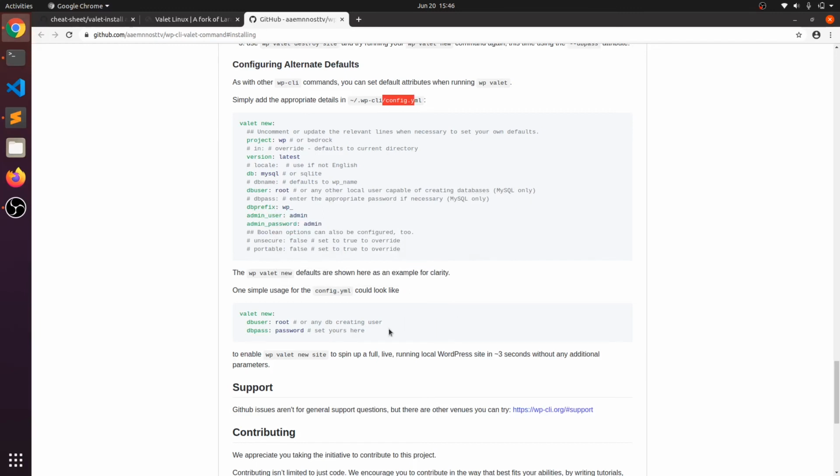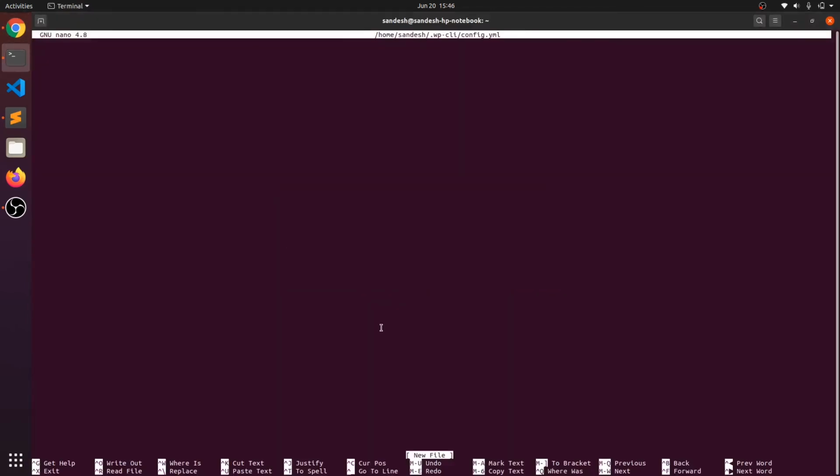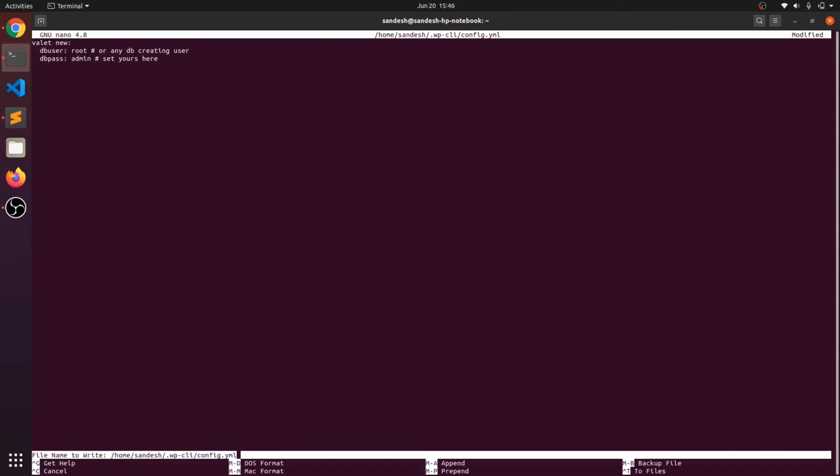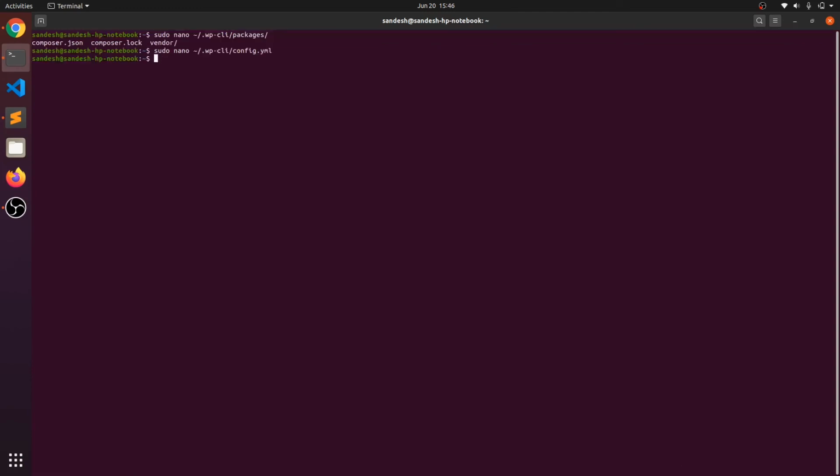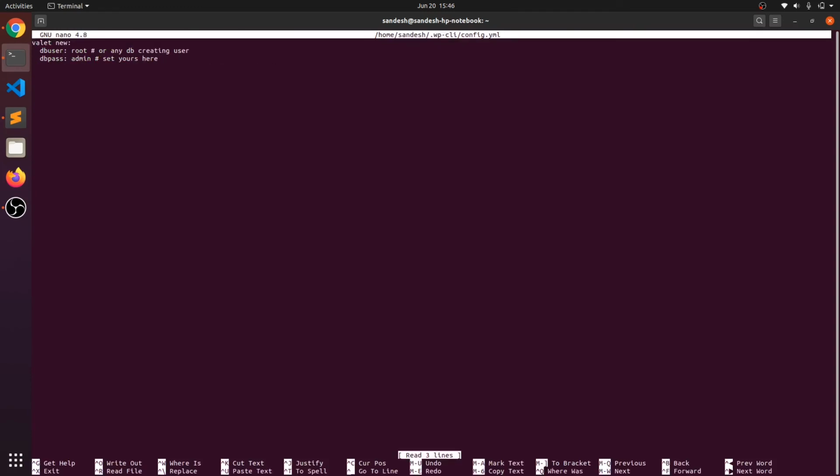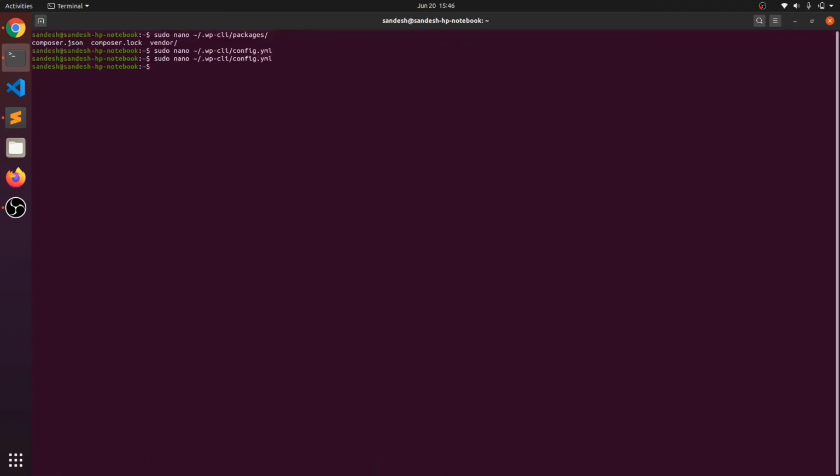Now we need to copy this text, where the Valet new command will automatically check for the details. First, we just need to change the password, because our DB user is root and the DB password is admin. Now we press Ctrl X, Y, Enter. It's saved now. We will confirm it. Yes, the data is stored now.